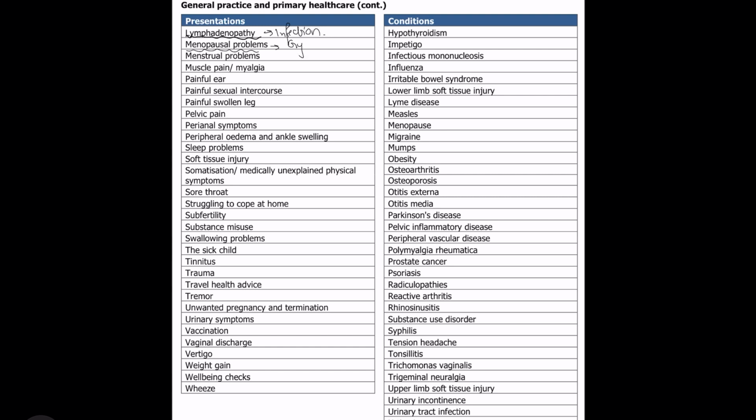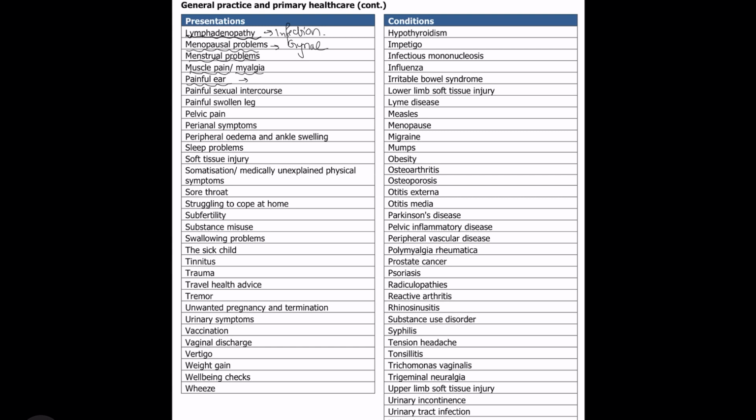Now, menopausal problems, this is another inclusion in the gynae section, and it can be due to various different gynecological reasons, which we are going to talk about in later videos. The menstrual problems, the same things. Muscle pain, myalgia, we have talked about it. Painful ear, it can be due to